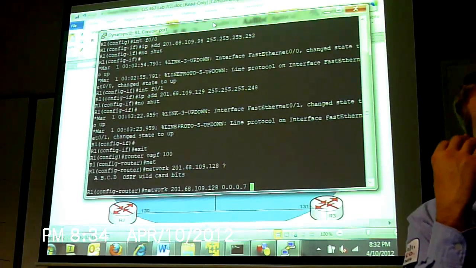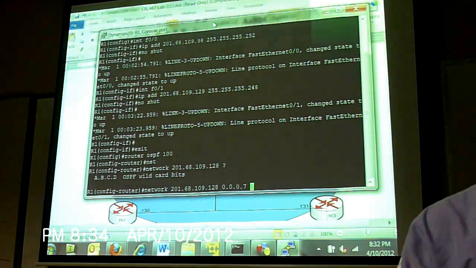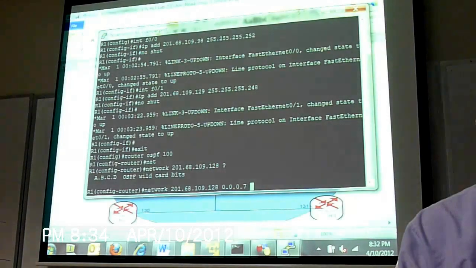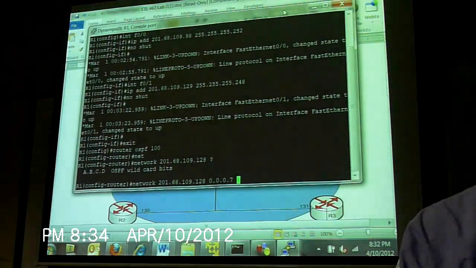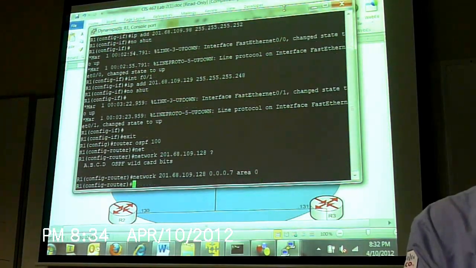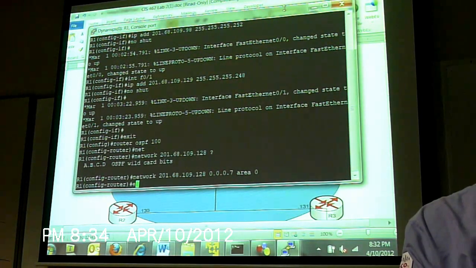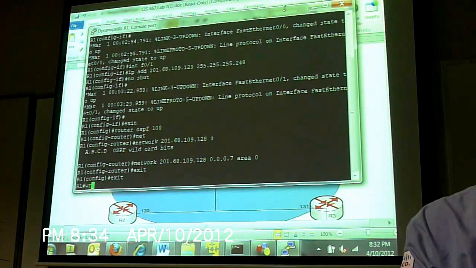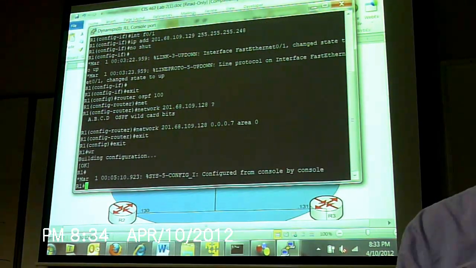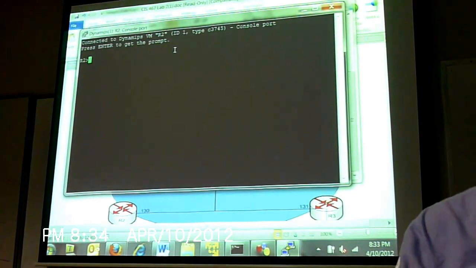And then I have to tell it what area this network is participating in. What area is that? Area 0. So we're going to leave that for now. Let's go to R2. Now, we've got to do the same thing. So in interface F00, it's participating